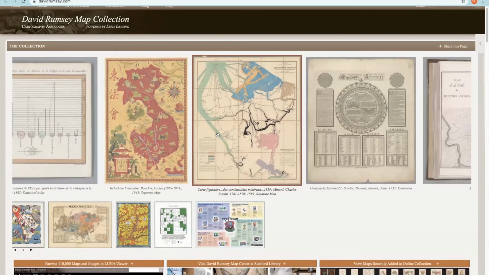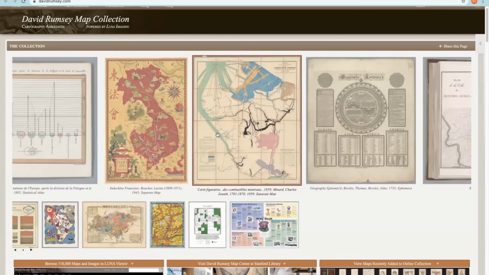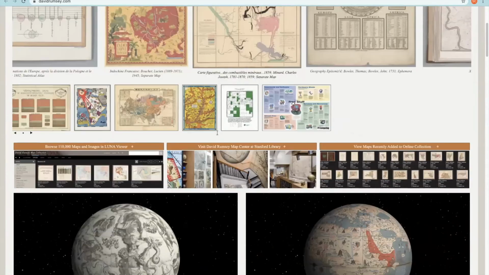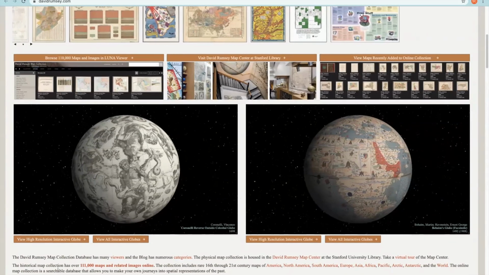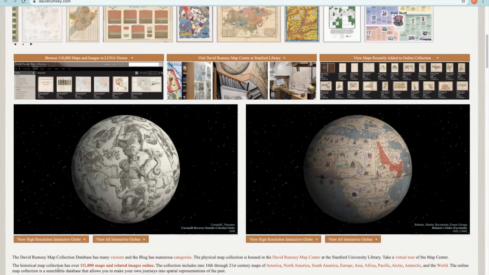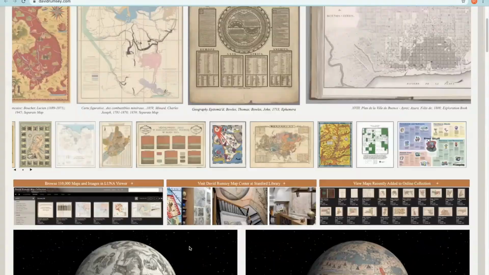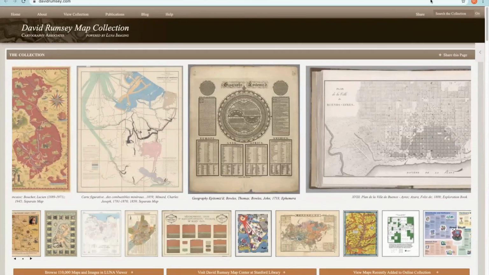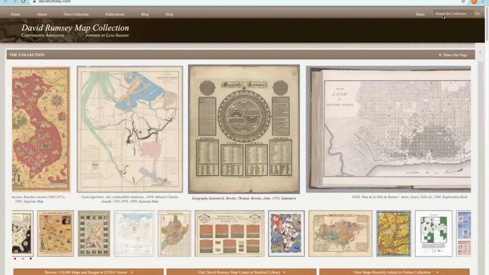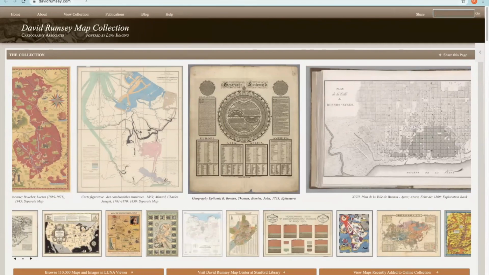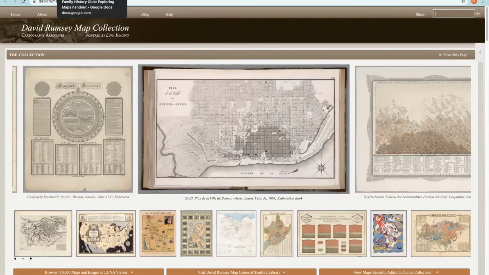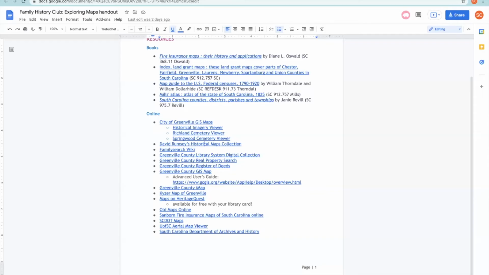It's for maps of the entire world, but you can also find ones for South Carolina. There are so many, and they're historical maps. So this is a really neat resource, and you can search up here at the top. You can search the collection, and you can search by a place. I put that one on there because it's one of the big ones that's always mentioned.